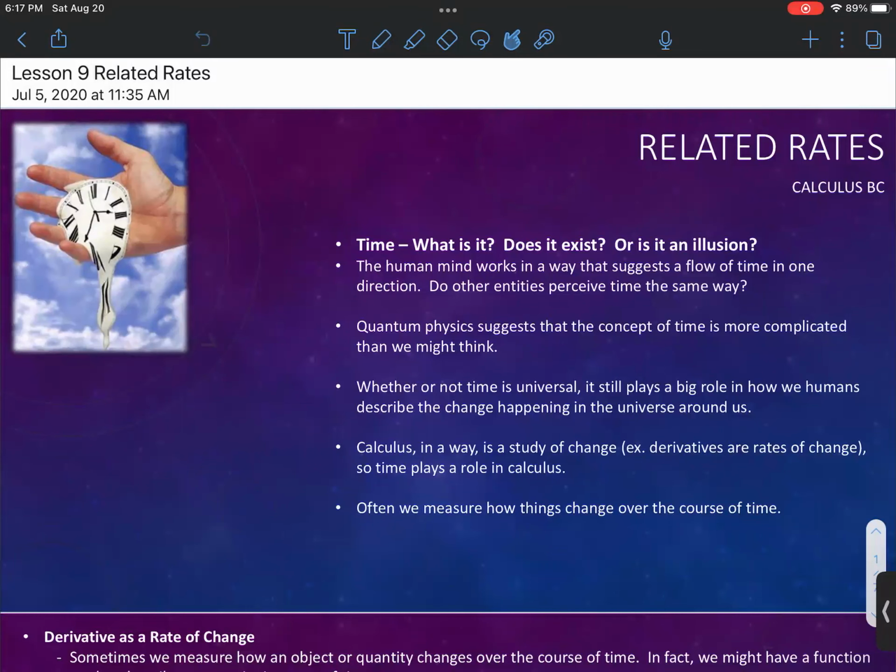This is lesson 9, related rates word problems. Related rates problems have everything to do with time. You can read my little blurbs here, but